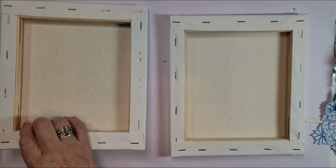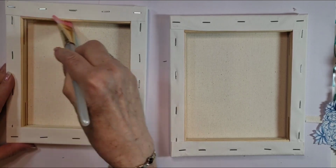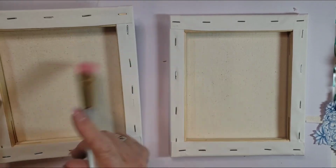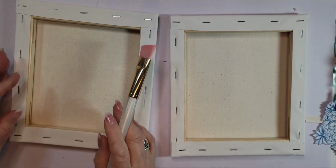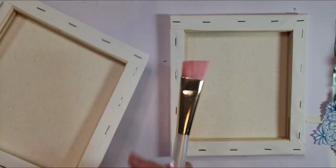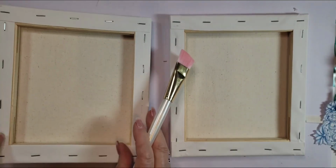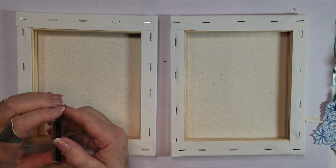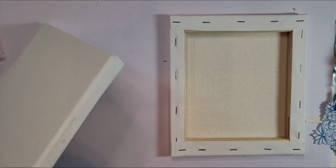You could even take a paintbrush and paint on the inside here. I did that the other day with one I was doing, and then I turned around and put ribbon, and I thought, well, why didn't I just put ribbon to begin with? It would have saved me a step. But the only reason that I can see to do that is because of these slits that happen to be in my frame. So I started with this stuff, and I thought, well,